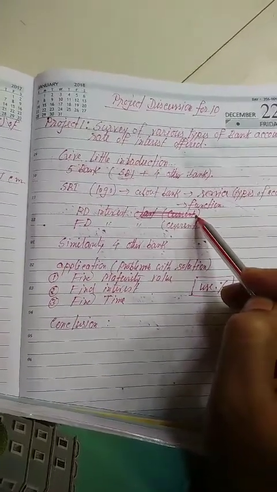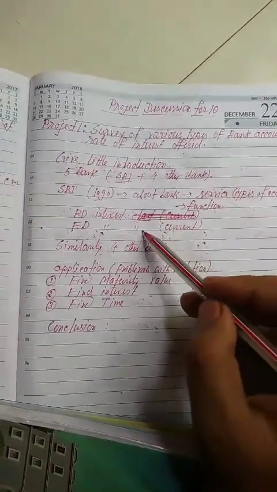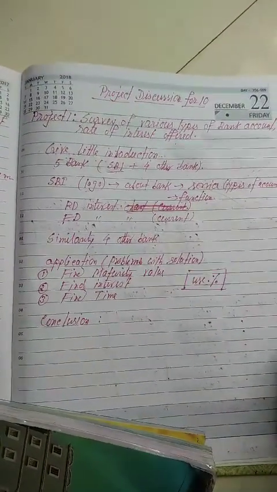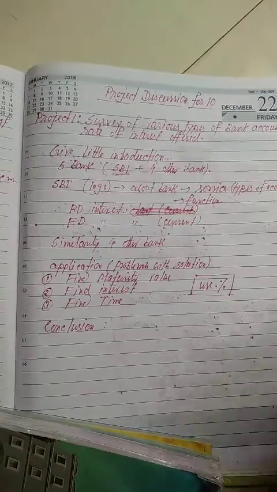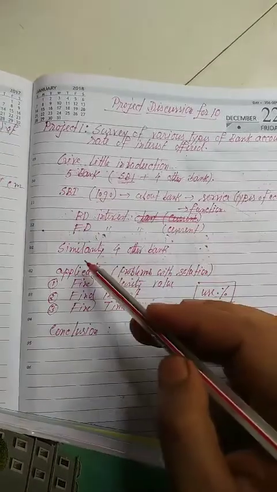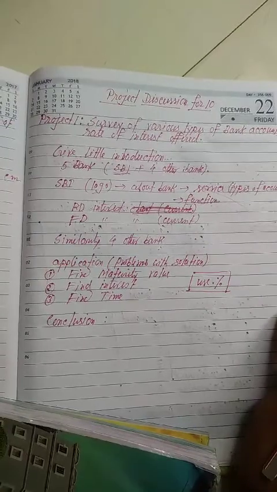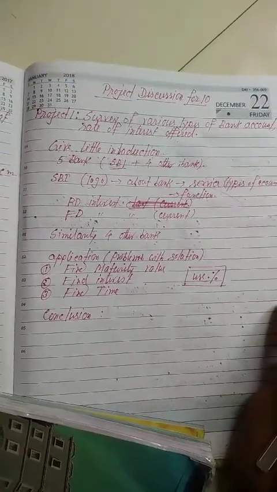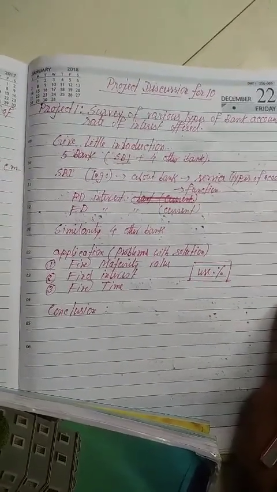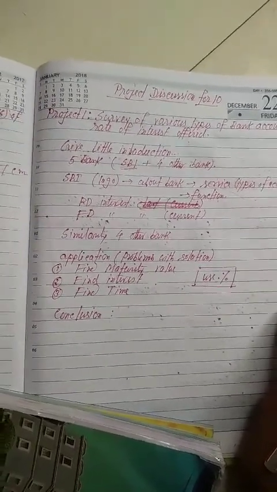Use the current one, whatever is going on, follow the internet and you will get the current interest rate. And the FD interest chart. For FD you have to make a chart, and for RD you have to write only the RD rate of interest. The same things you will do for the other 4 banks. You have to use the logo, write about the bank, their services, their functioning, and their RD rate and FD rate. FD means fixed deposit rate. And use all current rates, don't use old ones.